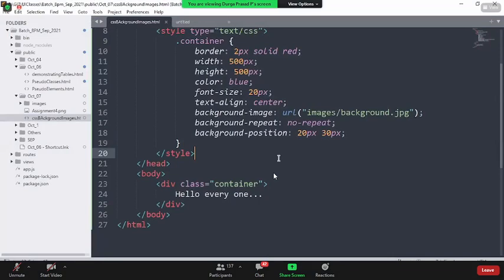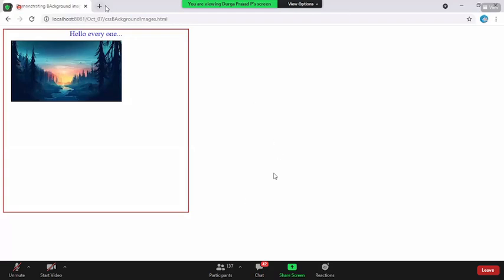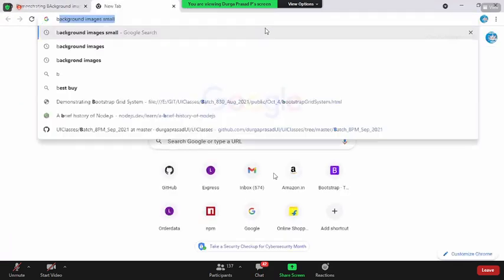Sir, I have a question. Questions until this? Yeah, go ahead. Can you add multiple layers of backgrounds? For example, I want to have three different types of backgrounds that I can control separately. I want one image to behave separately, and another image to behave totally separately. Okay, I got your point.